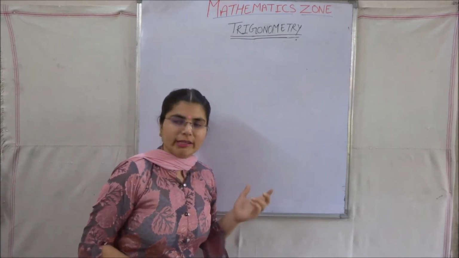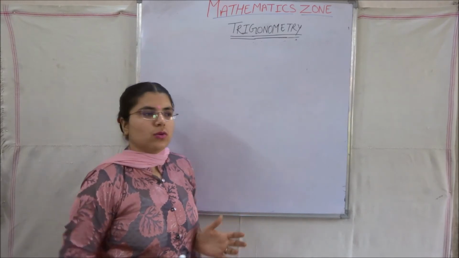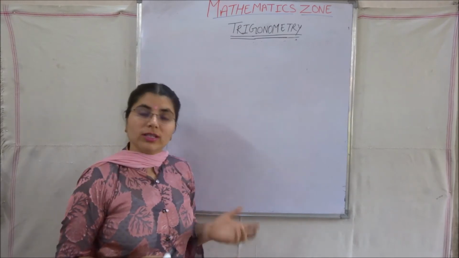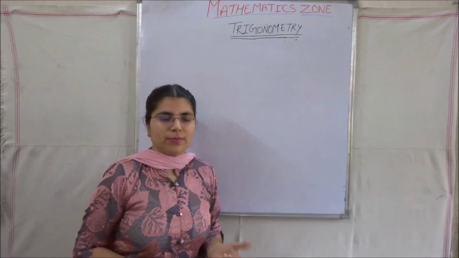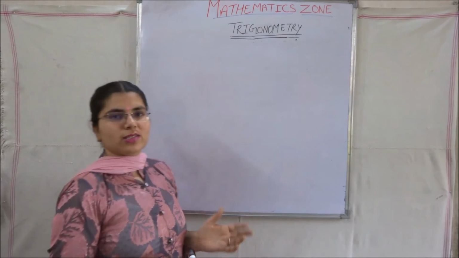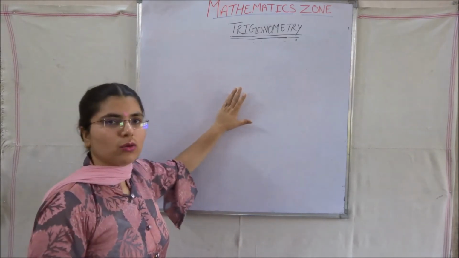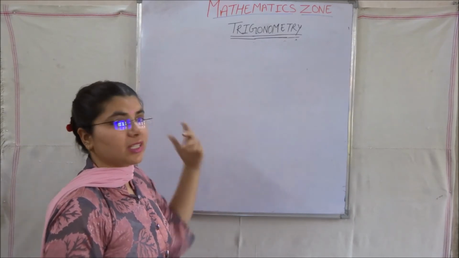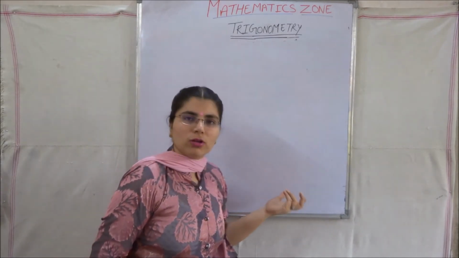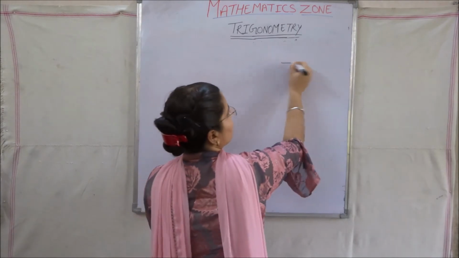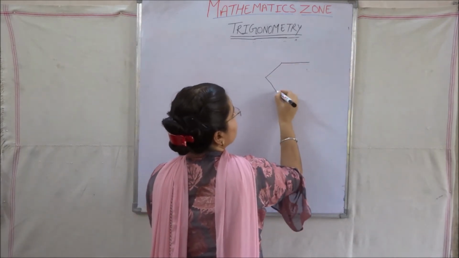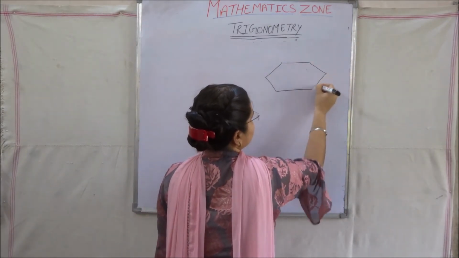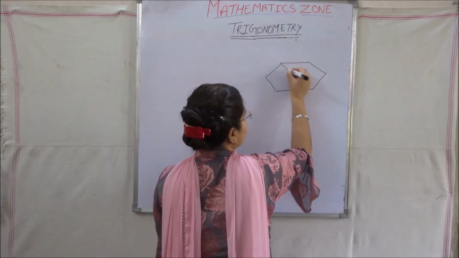In trigonometry there are lots of formulas, so to understand and learn them is a very difficult task. Now let us take a method so that it will be an easier way to learn the formulas. With the help of this diagram we can easily learn these formulas, or one can say we can derive these formulas.